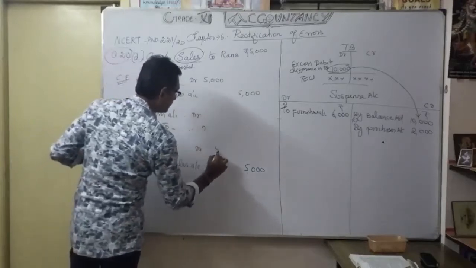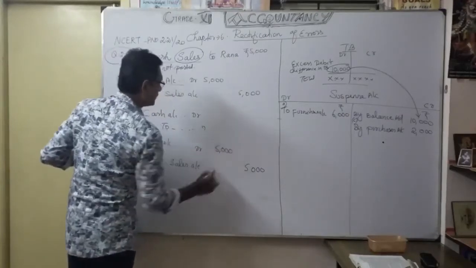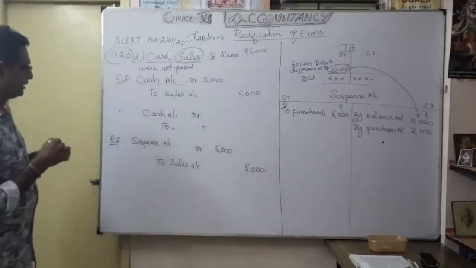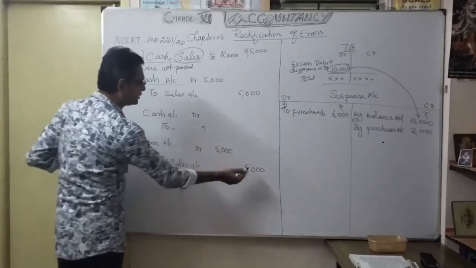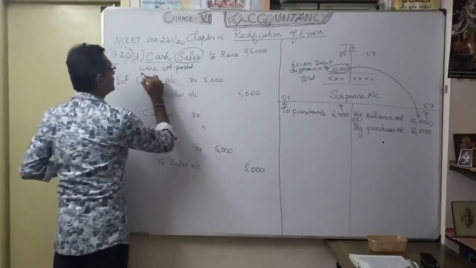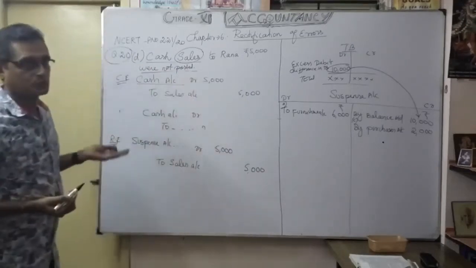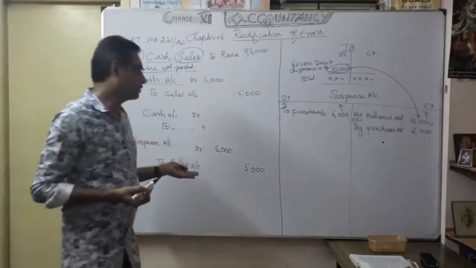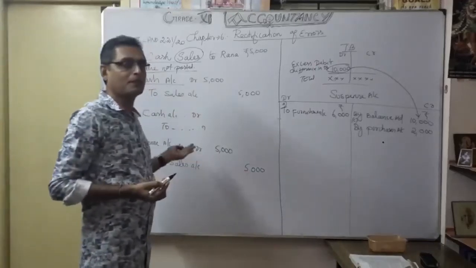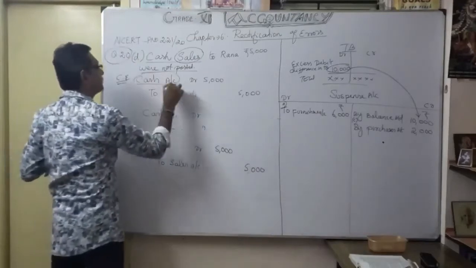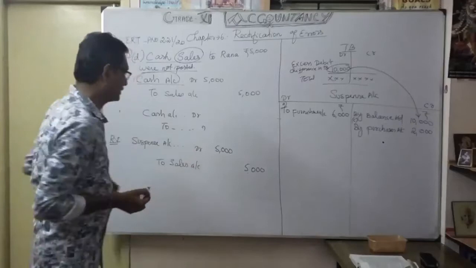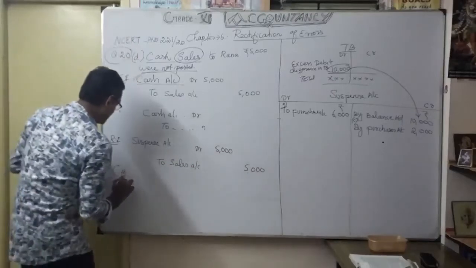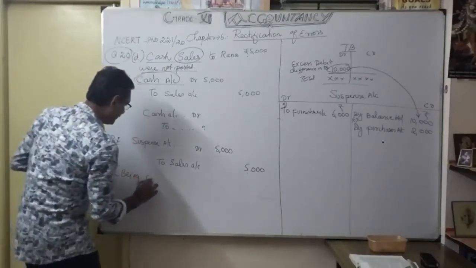Suspense account 5000 to sales account. That's the rectification entry. That's what they gave, not posted in the sales account. So that we consider now. Now we are going to credit the given sales account. Debit naturally, the cash part is already given. So I make it a suspense account because of the one side error. So what's the narration? Being cash sales